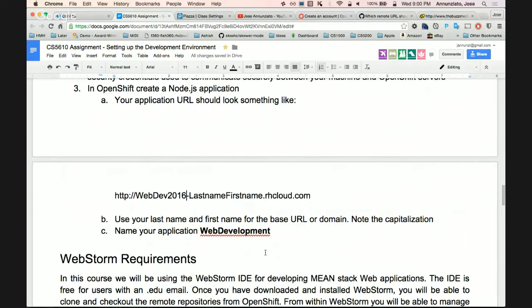That should be the name of your Node.js application that you're going to be using throughout this course. Under there, you're going to have your assignments, your project, and a home index file telling you a little bit about yourself.